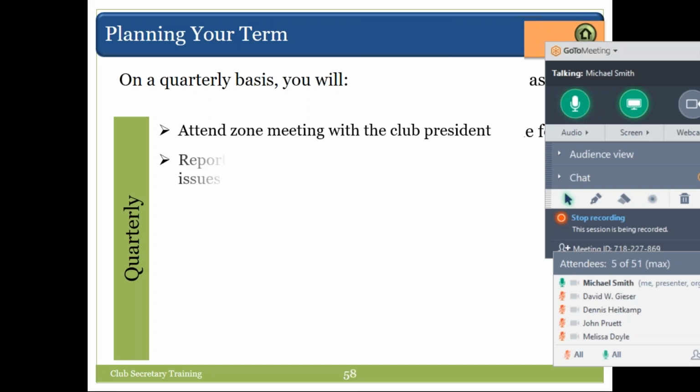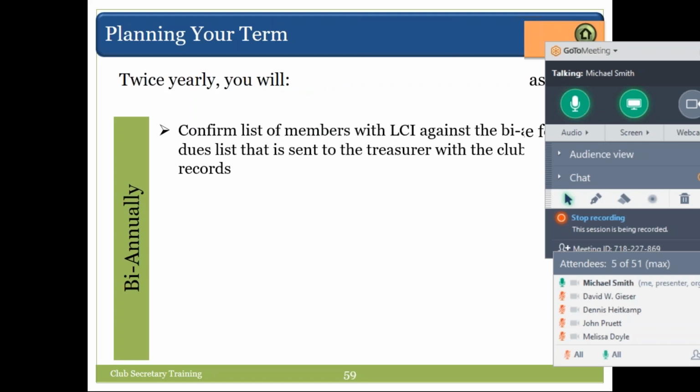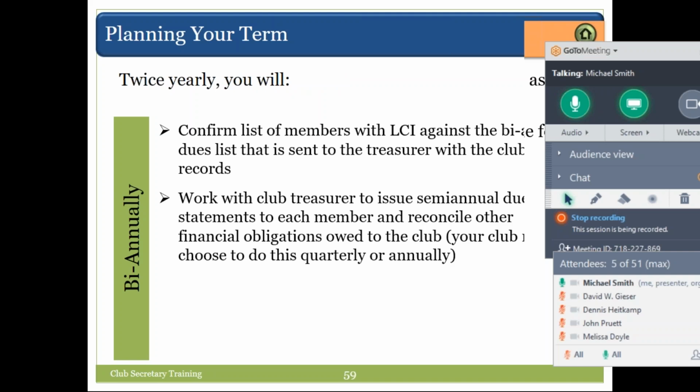Quarterly duties: attend a zone meeting, report to the president or board any delinquency issues, who hasn't paid their dues, and that kind of thing. Confirm the list of members that are sent to the treasurer.